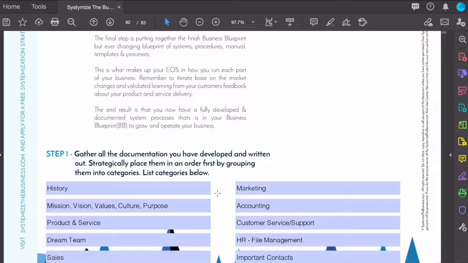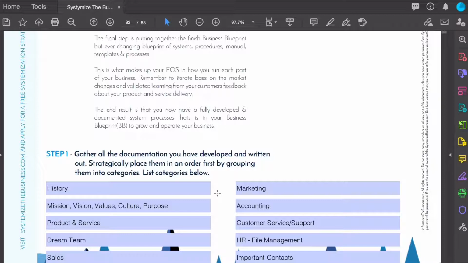And then you would highlight your mission, your vision, your values, the culture that you want, and then your big picture purpose of why you exist as a business, and then going through the products and services that you provide, and then naming the team that you have currently, or if you don't, the team members that you need to get or to hire or to contract, whichever way is better for you as far as the business model